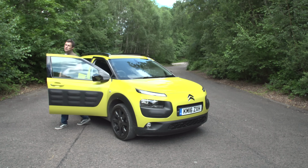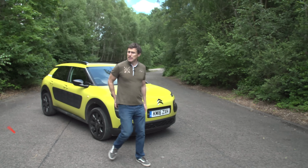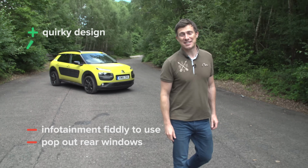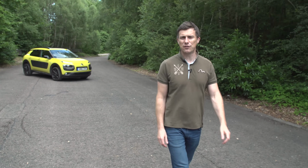So then, overall, what do I think of the Citroen C4 Cactus? Well, its infotainment system is a little bit fiddly, and it's only got pop-out rear windows, but then this is a unique car and it's comfy to travel in. Now, if you click up there, you can get more information and find out the best deal you can get on a Citroen C4 Cactus at